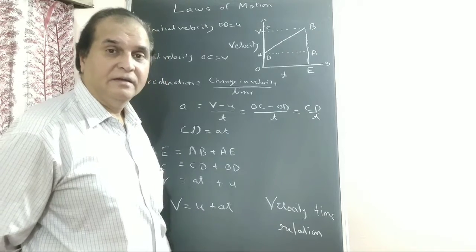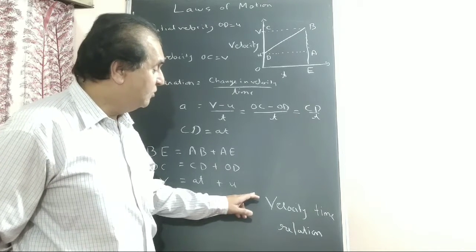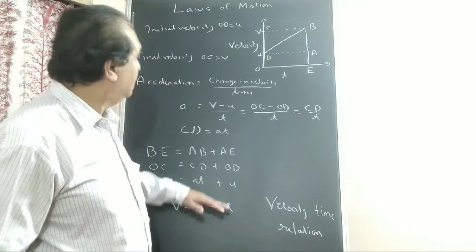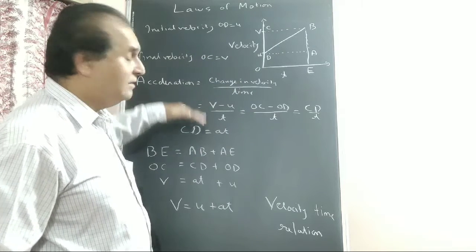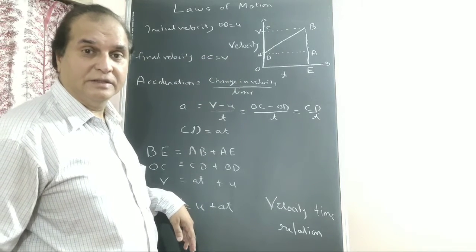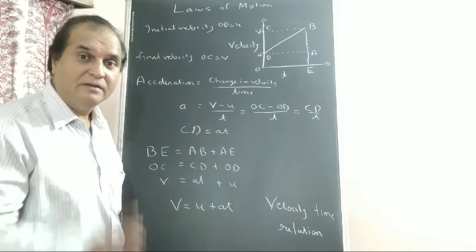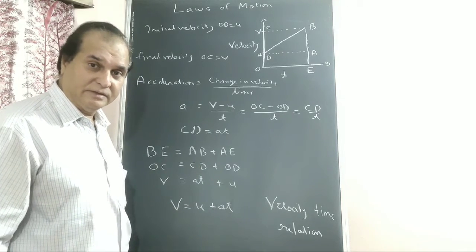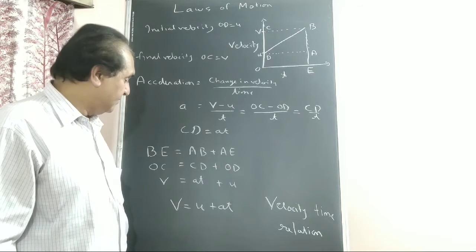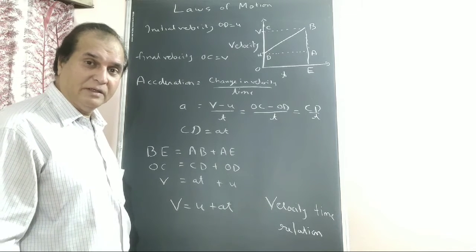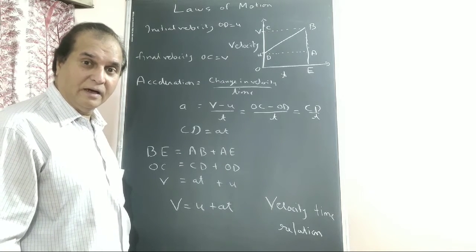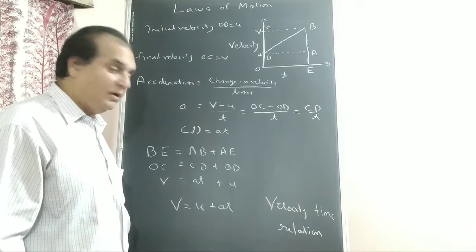The velocity time relation. The question they may ask is: prove the velocity time relation. You have to write it with a diagram and explain. The full derivation is important. Understand? One of the kinematic derivations comes 100%. Understood? Very important. Watch again and again. Write it down. We'll go ahead with the next.